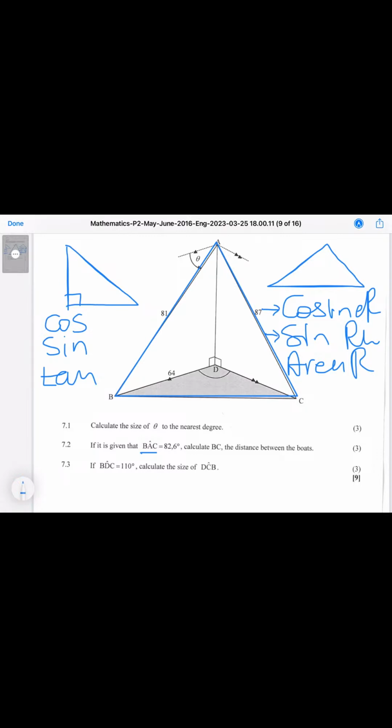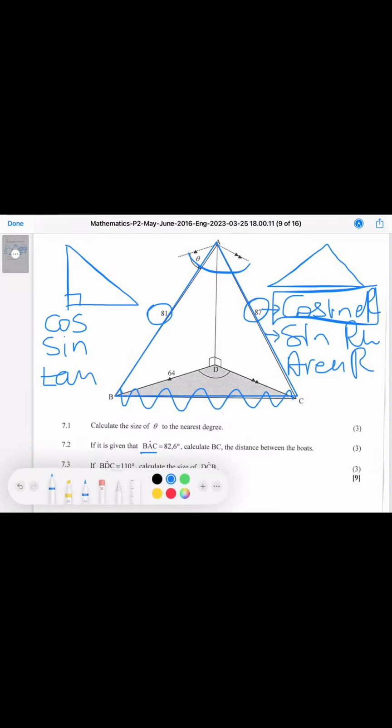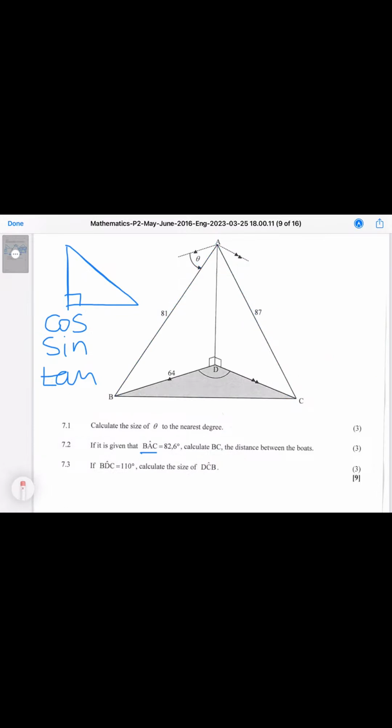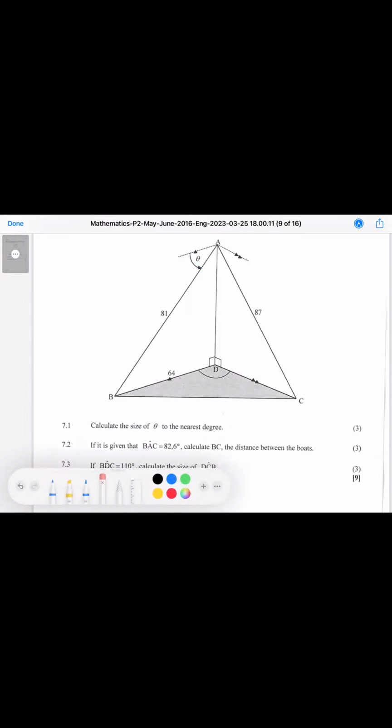Because you've got a side and an angle, and this is the side that you are looking for, obviously you are going to use the sine rule, which means you need to know how the sine rule formula looks like. Then you apply that formula. I think I've given you enough information on that one. So very quickly, let's jump on to the last question and see how far we can go with it. The last question says,